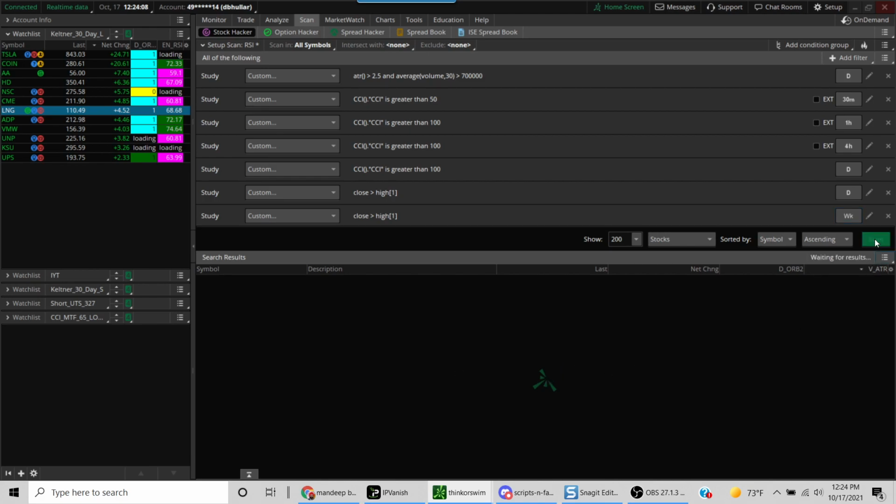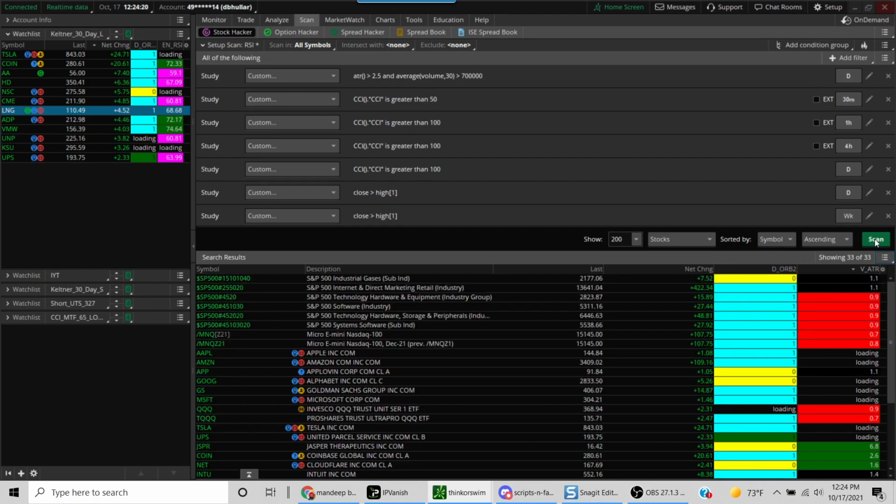So let's hit the scan button and see what kind of stocks we get. And again, I've already used the scan. I've created this before, so I know what the output looks like. It's typically like a short